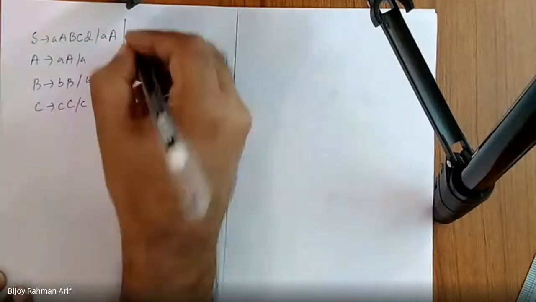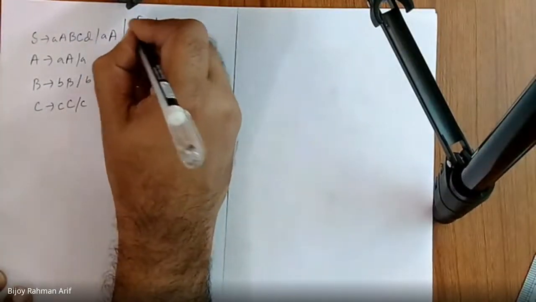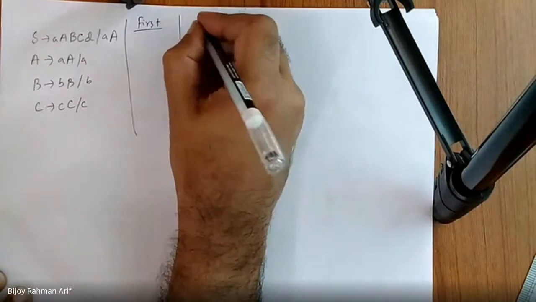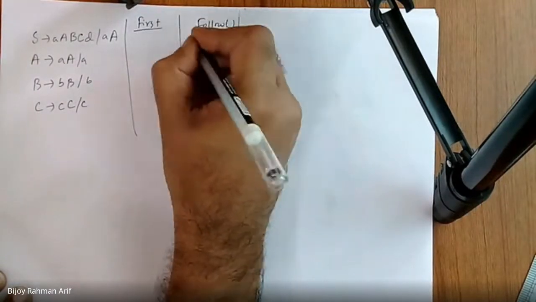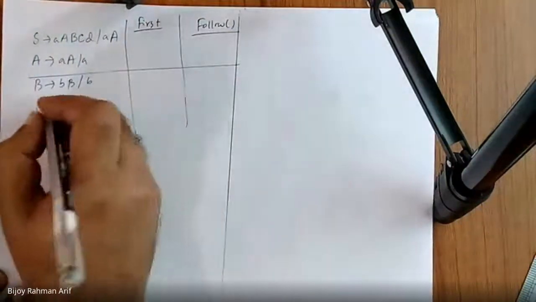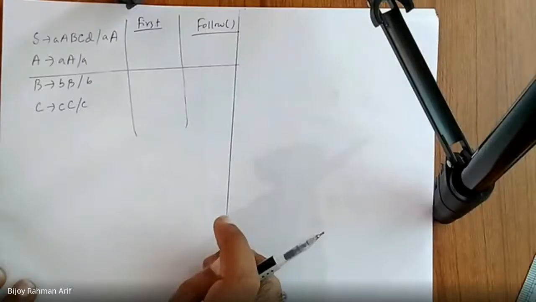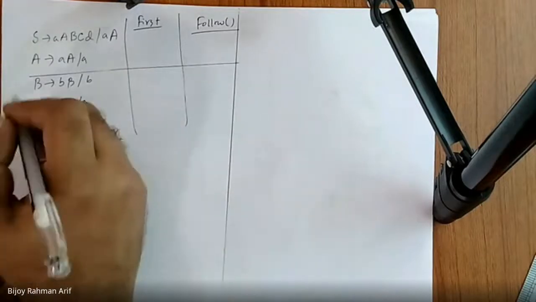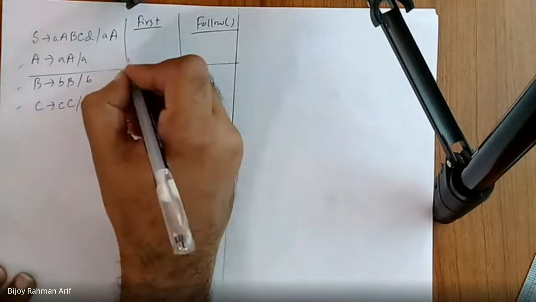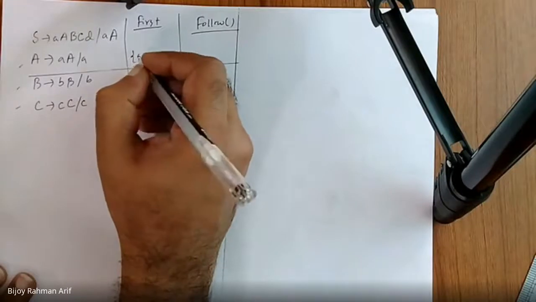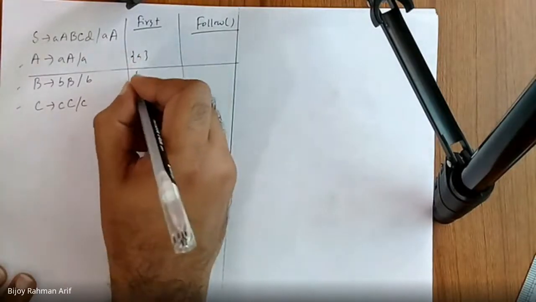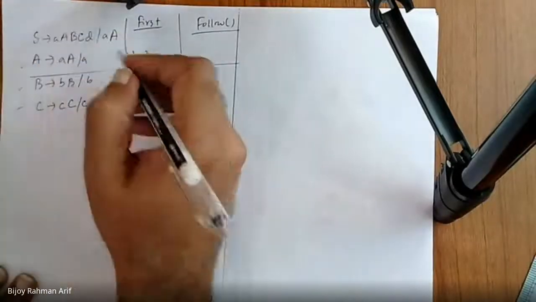So at first we are going to find the first. So what would be the first of this? Which one do I need to find first? Occam's rule. So this one, and this one. So A, then B, then C. Then go to here. It's also simply A. So we are done with first. Yes, sir. Let's go to follow.